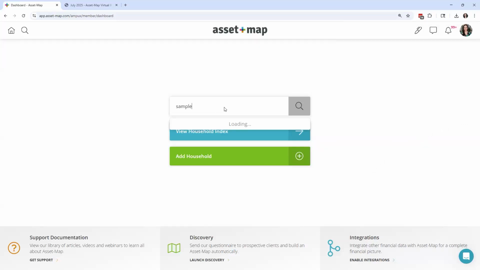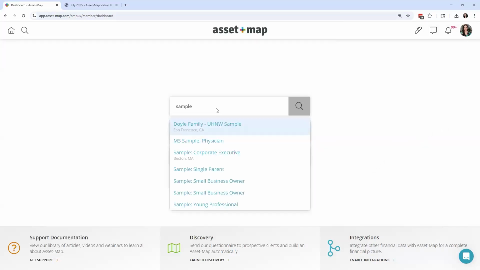And the other thing that you can do is don't forget about sample clients. So you can come in here into your search bar and type in sample. Now, everybody on today's call should have about 6 or 7 fully built out fictional sample clients that they can start playing around with immediately. These are fictional people with fictional information. So you could print out a sample client asset map report, or put one of these